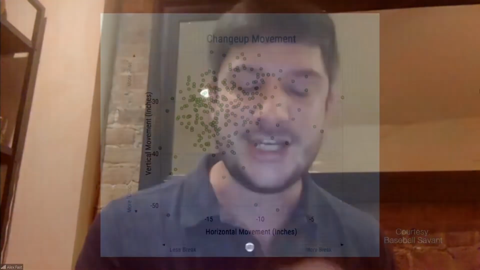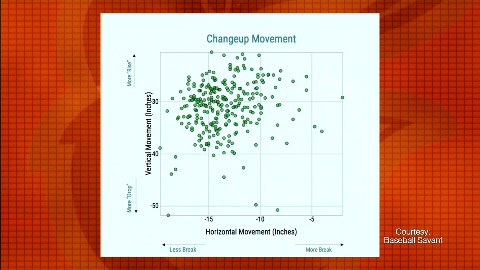Yeah, that's a great question. It's actually pretty cool to see that two pitchers on the same staff can have completely different changeups in terms of movement profile. For César Valdez, he's got 50 inches of drop on that changeup. You can see his little dot there at the very bottom. We're going to highlight it for you real quick just to give you a good idea of how much drop he's getting compared to the league, right?